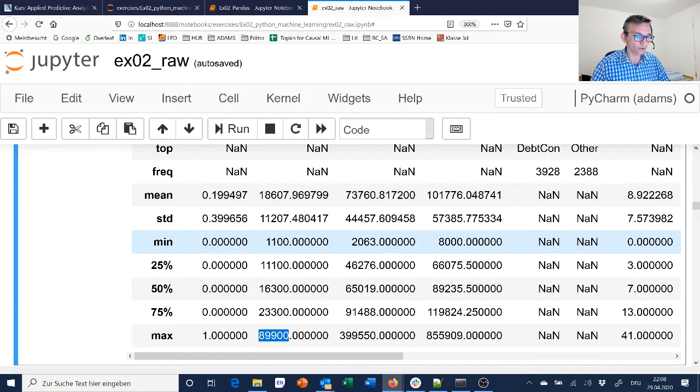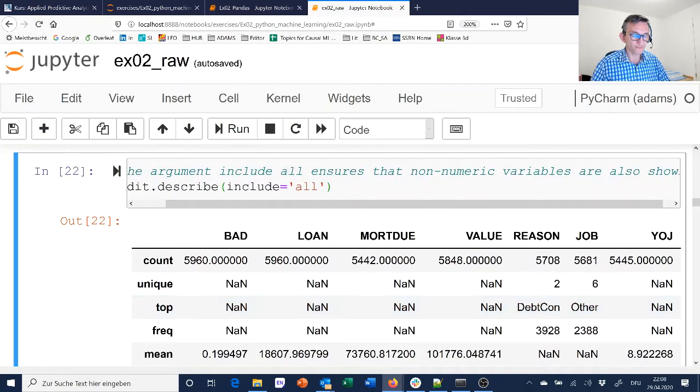18,000. So the median is 16, reasonably close to the mean. 23 here is already our third quartile. And the maximum is close to 90,000. So just looking at these numbers, or that one here as well, that's mort due,